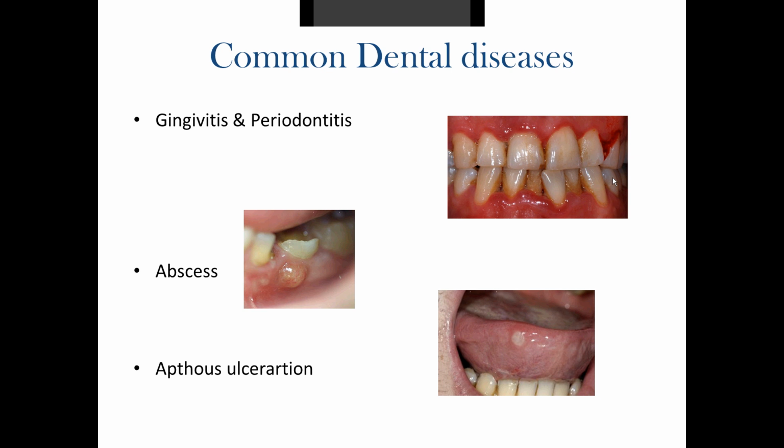Periodontitis is the infection of the periodontal structure, namely gums and the alveolar bone, resulting in recession of gums, pus discharge, bad breath, or mobility of teeth. Mobility means the teeth start shaking. Treatment is based on the severity of the condition, ranging from scaling to deep scaling to flap surgery or even